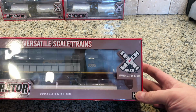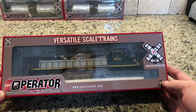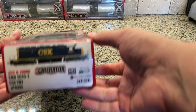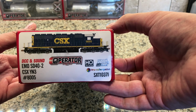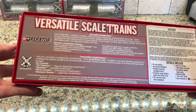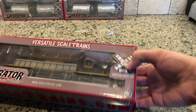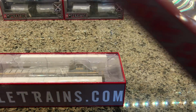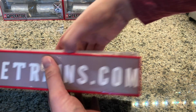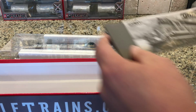Alright, so here we are. I got the CSX one, because it's just what I like. Back of the box. Alright, let's open it up. I really like the packaging that they use. I feel like everything's very secure. Alright, so in the box is